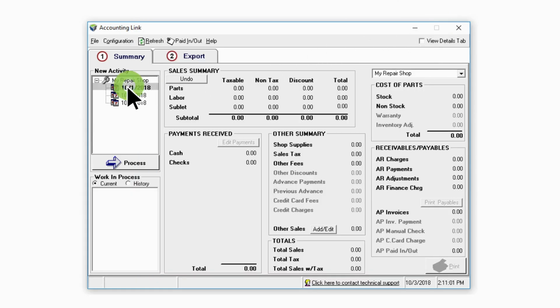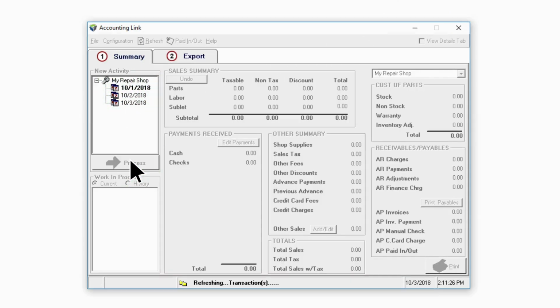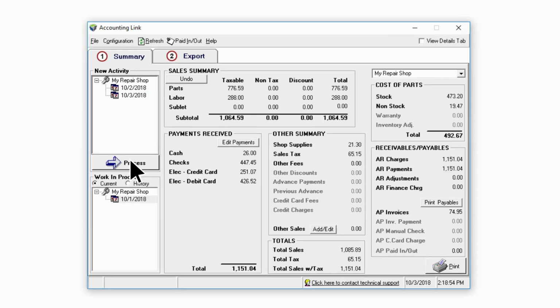Start a closeout by selecting the current date to process. Now, in the Work in Process panel, the screen displays all the information for the date. Look to the Totals area to confirm the Sales with Tax line by verifying it with Shop Management System reports. After verifying sales receipts match total sales with tax, confirm that credit card totals match credit batch slips from the